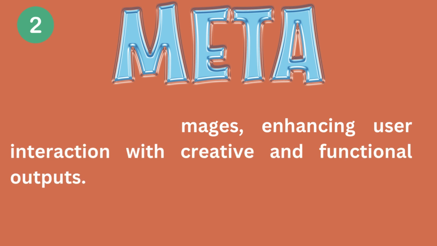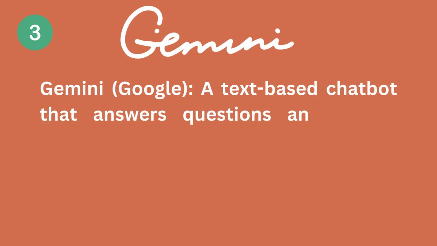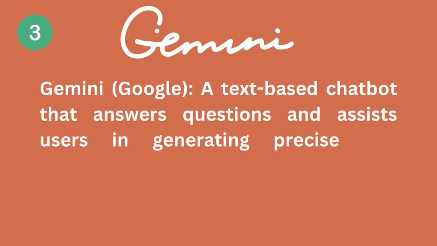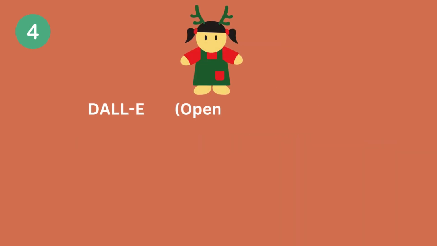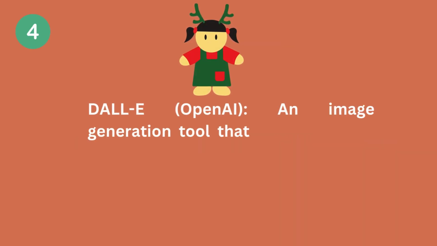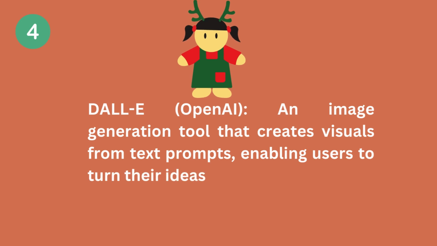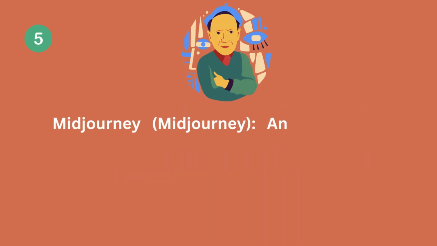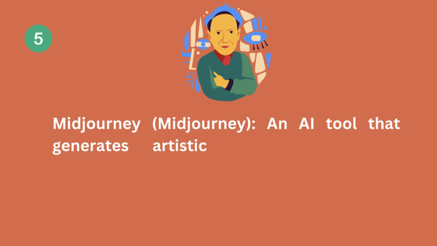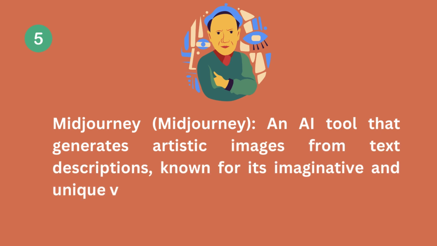functional outputs. 3. Gemini. Google, a text-based chatbot that answers questions and assists users in generating precise and contextual responses. 4. DALL-E, OpenAI, an image generation tool that creates visuals from text prompts, enabling users to turn their ideas into artwork. 5. Midjourney. Midjourney, an AI tool that generates artistic images from text descriptions, known for its imaginative and unique